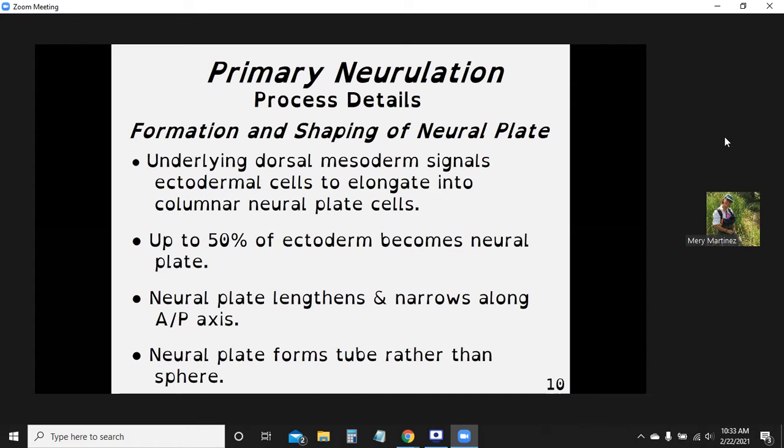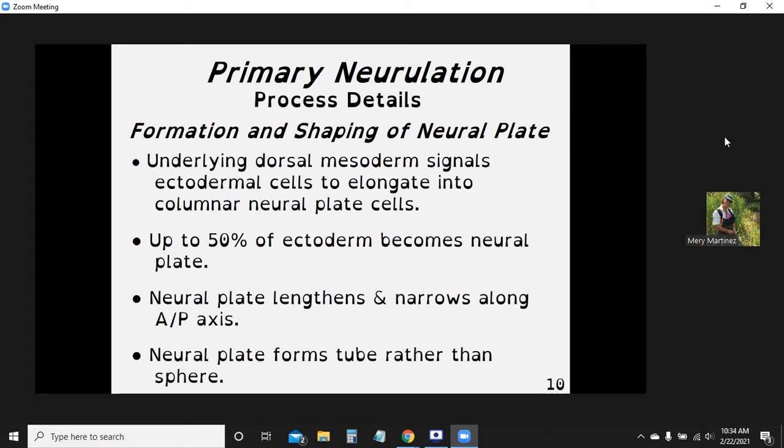So the underlying dorsal mesoderm and the pharyngeal endoderm in the head region are going to start signaling the ectodermal cells to elongate into columnar plate cells, neural plate cells. Okay. So normally up to 50% of the ectoderm becomes neural plate. That's a good proportion. Okay. The neural plate lengthens along that anterior-posterior axis while narrowing. Okay. And that makes the neural plate